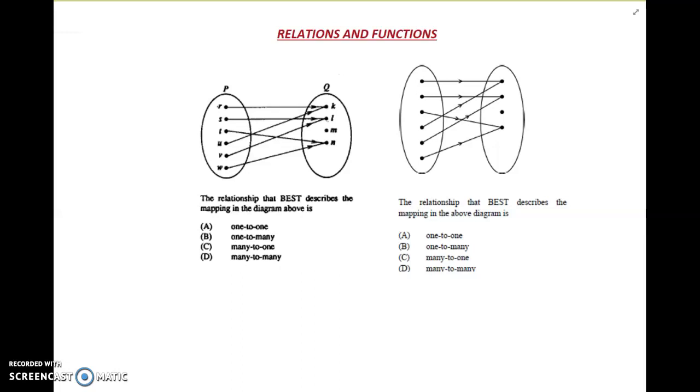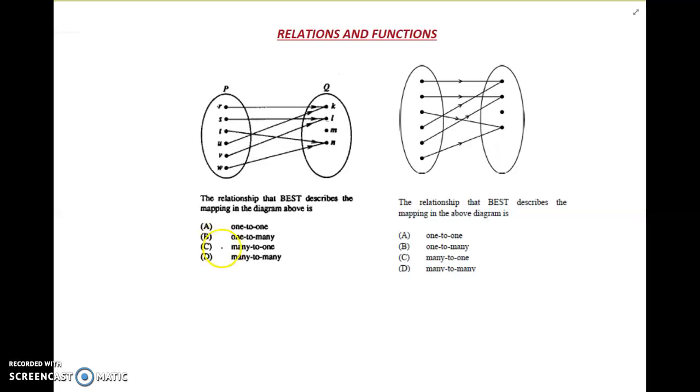Hi everyone, so now we are at part 2 of our relations and functions multiple choice CSEC questions. So what we will be looking at here are our mapping diagrams, arrow diagrams, and so on, right? So now let's get the first diagram. It says the relation that best describes a mapping in the diagram above is, so different mappings we have are